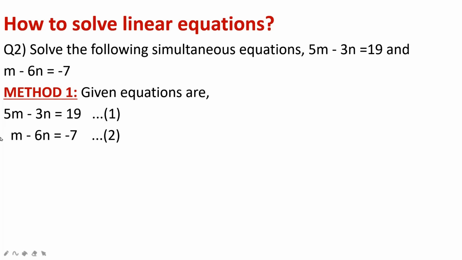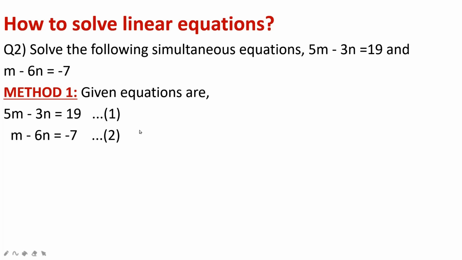Now, there are two ways that you can do this in these two equations. That is, either you can make this m as 5 or you can make this 3 as 2. So what you can do is either multiply equation 2 by 5 to get 5 over here, or multiply equation 1 by 2 to get 6 over here. Now I feel that multiplying any equation by 2 is easier than multiplying it by 5.